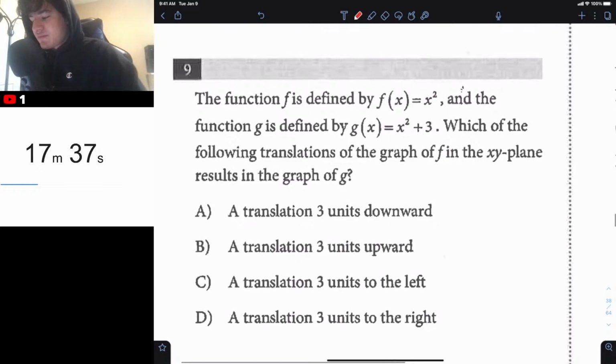The function f is defined by f of x equals x squared, and the function g is defined by g of x equals x squared plus 3. Which of the following translations of the graph of f in the xy plane results in the graph of g? Okay, well,